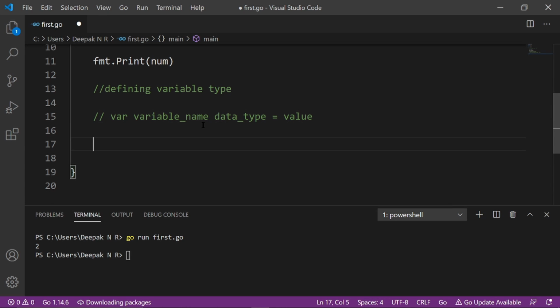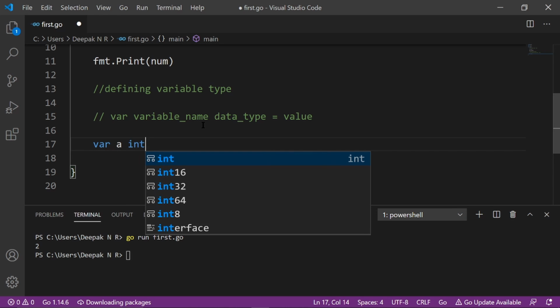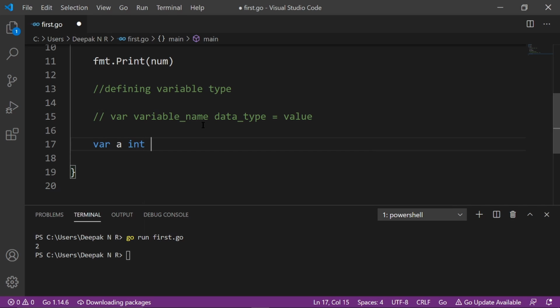For example, var a int is equal to 3. Data type becomes compulsory if you are not assigning on the same line.